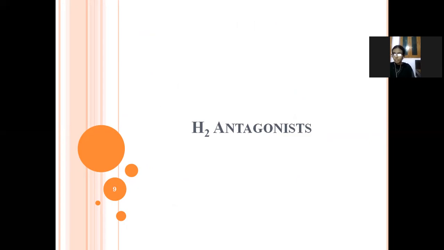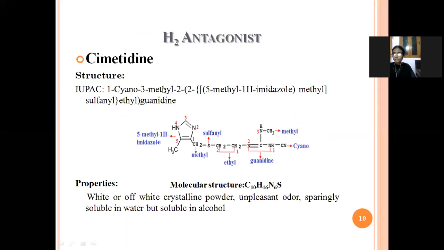Let's see the H2 antagonist drugs. First drug is the cimetidine, and this is the structure. And if you see the IUPAC name is 1-cyano, 3-methyl, 2-[(5-methyl-1H-imidazol-4-yl)methyl]sulfonyl ethyl guanidine. See here IUPAC name 1-cyano, 3-methyl, 2-[(5-methyl-1H-imidazol-4-yl)methyl],